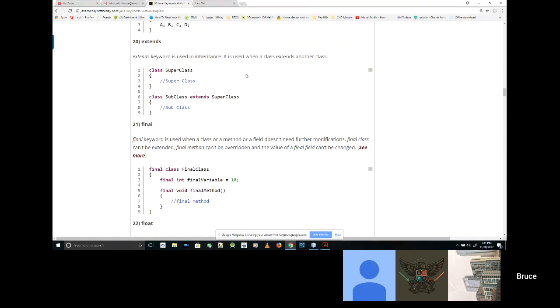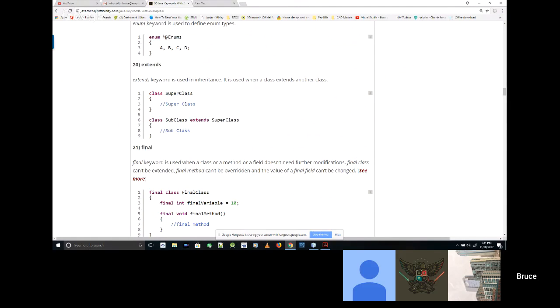Isn't that neat? You know what the word enumerate means? It means to count. So it's no surprise that an enum is basically a list that has consecutive values where you can type in a word to represent a number. So this word in this case represents the number 0, and this one means 1, this means 2, and that's 3.